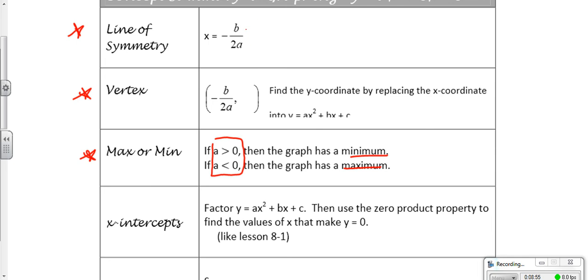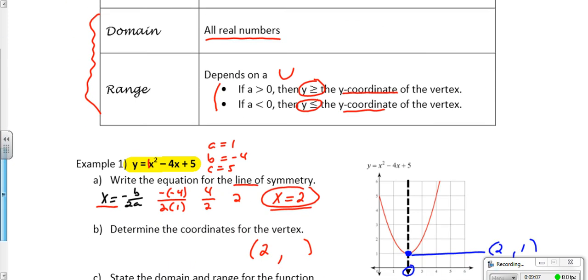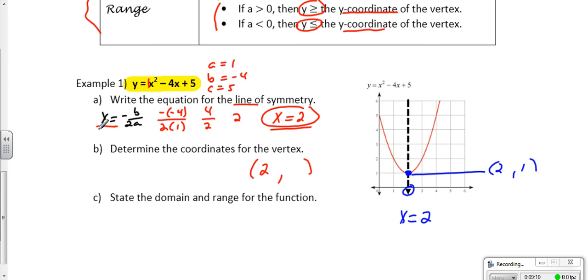This represents the line of symmetry, and that would be the x value of the vertex. Now how do we find the y? Well, by plugging the x-coordinate into our equation. So let's try that. If we plug that in,